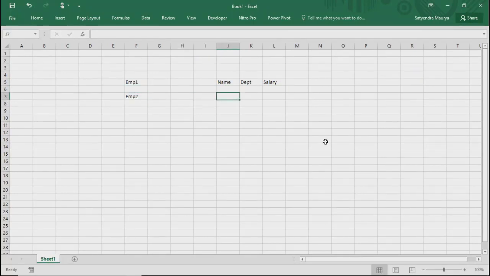Over here, let's say you have name, you have salary, and you have department. Now you have the two tables. You have three options to do the union. First option is by name, second option is by position, and third option is manual.